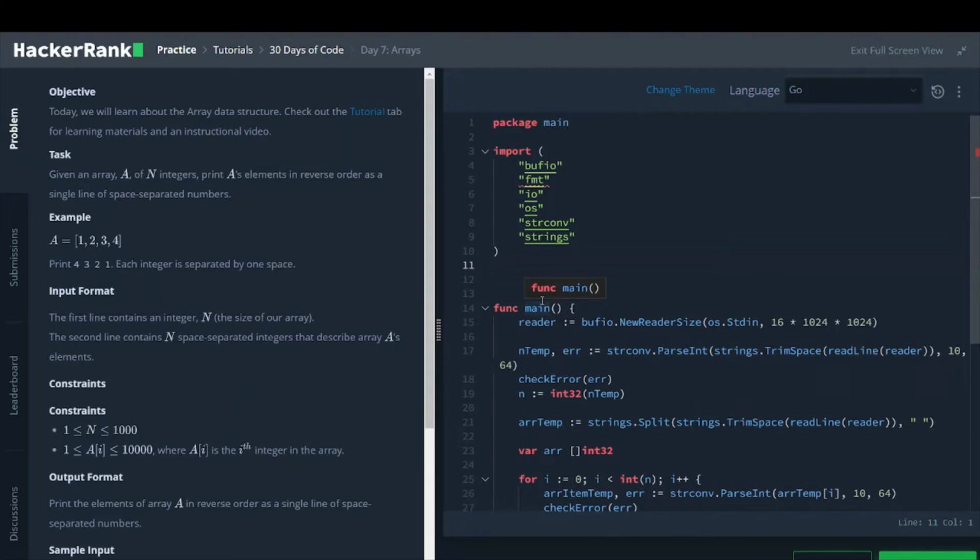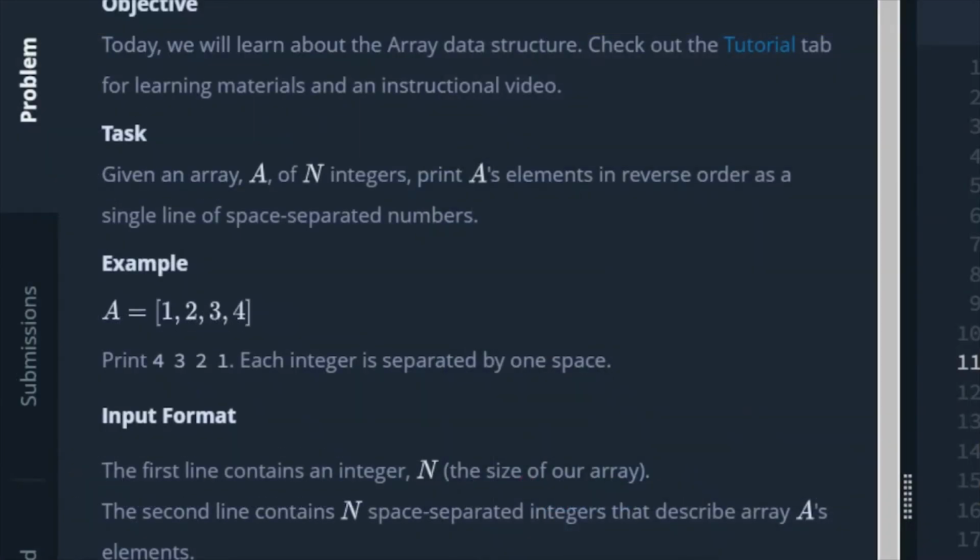So, when we come to this challenge, let's see what task has been given. Given an array A of integers, we have to print the elements of A in reverse order in a single line, space separated.